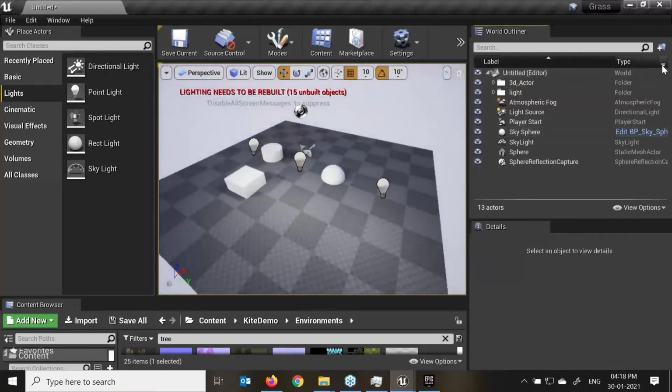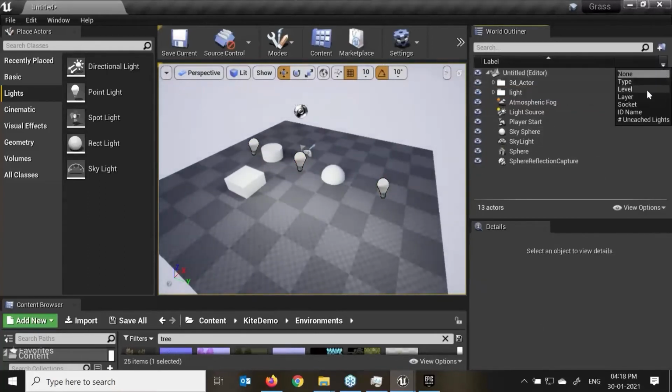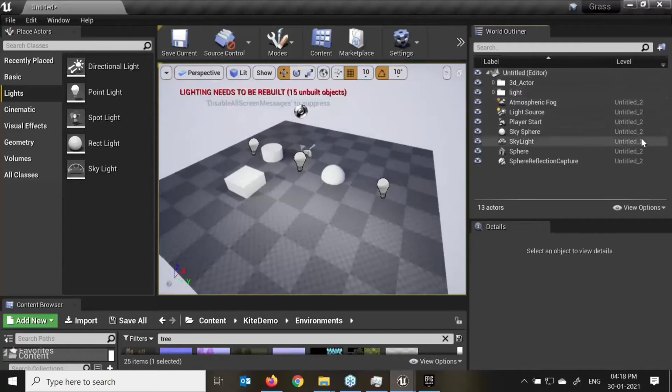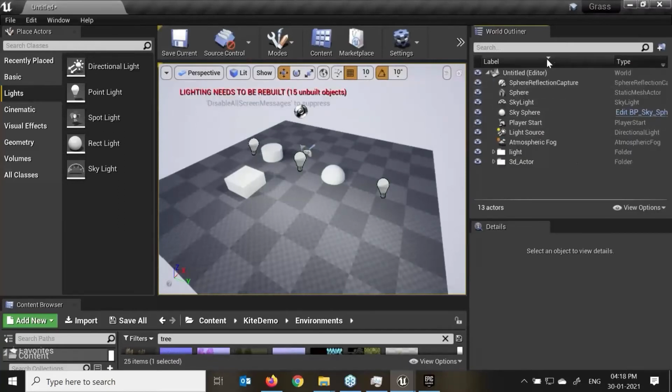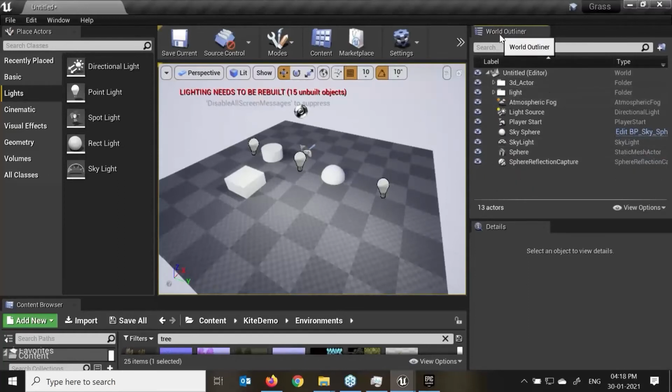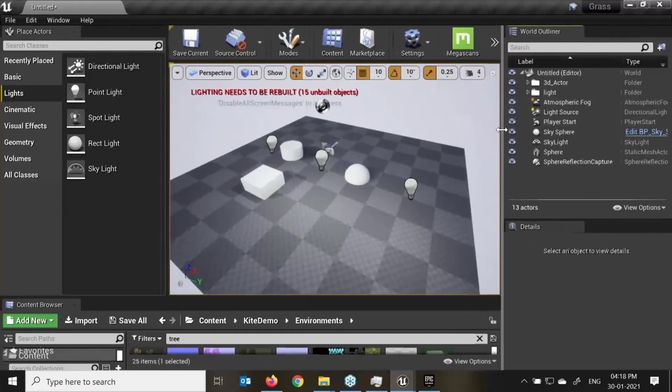If you want to see a level, which level, untitled 1, untitled 2, layer editors. If I've created the level, we have the stockage over here, we have the ID names, we have the uncharted. It's better to work on the light. This is like a label, starting from where to where, 3D, A B C D, alphabetically or group wise, folder wise. Here you can do, right? So that is the world outline level editors. What we can see, Unreal is totally different.